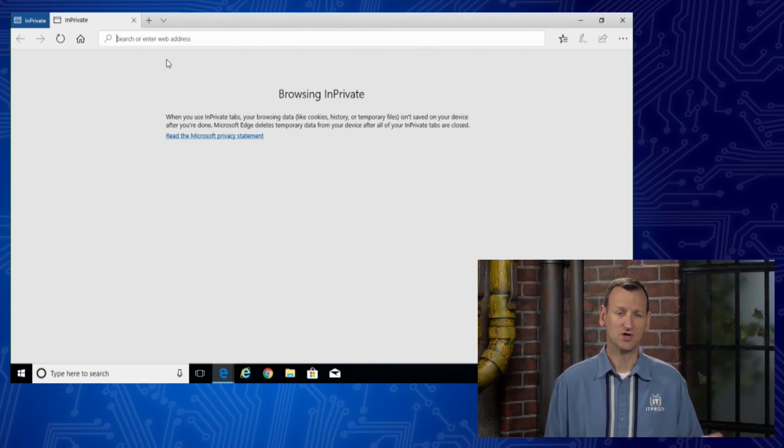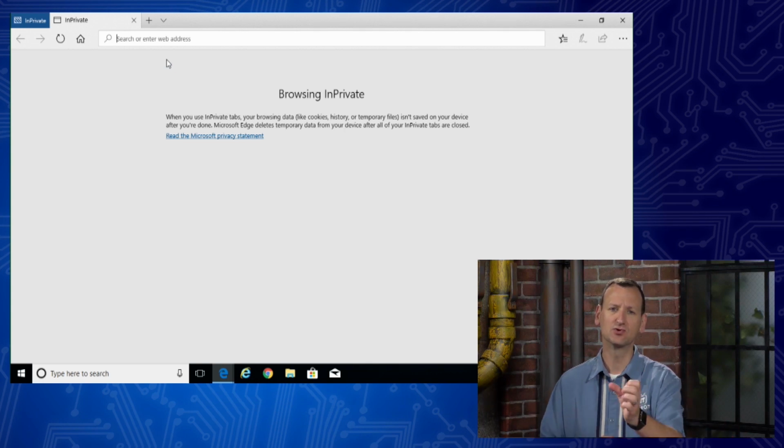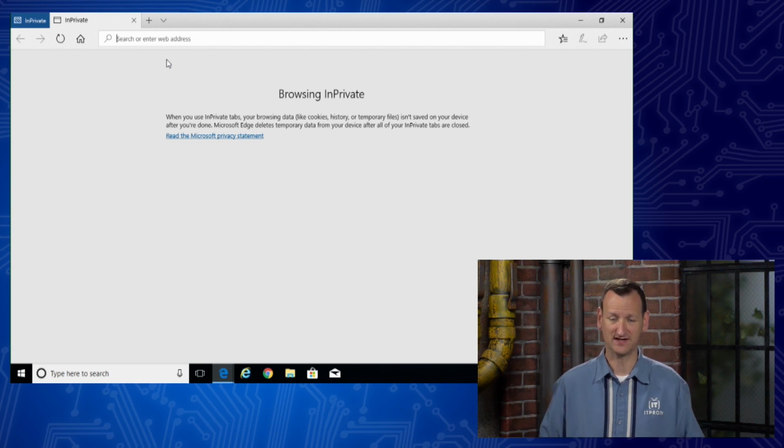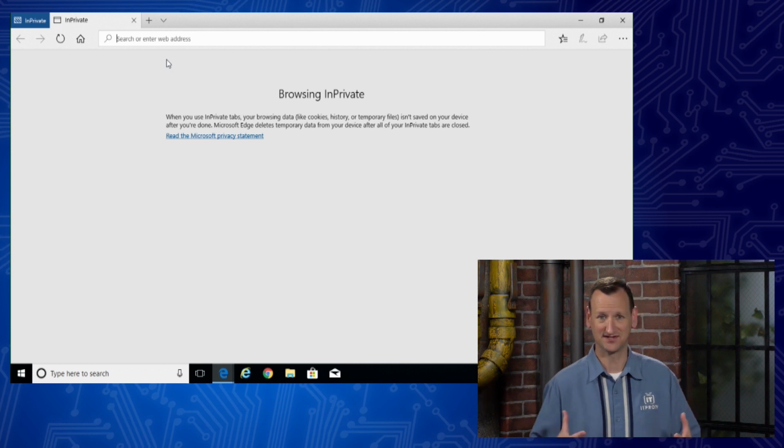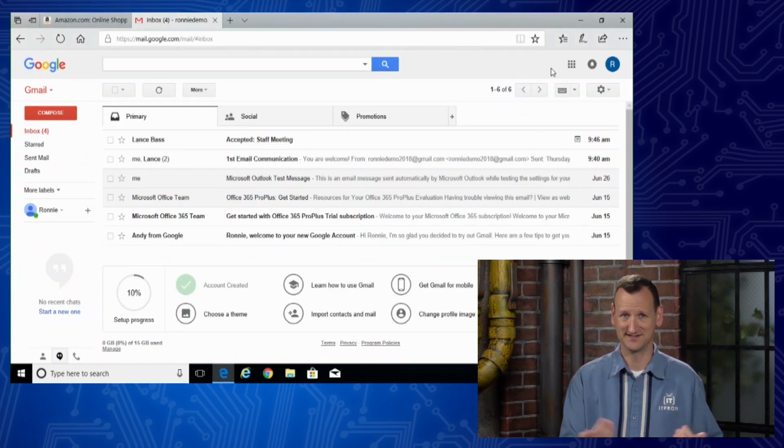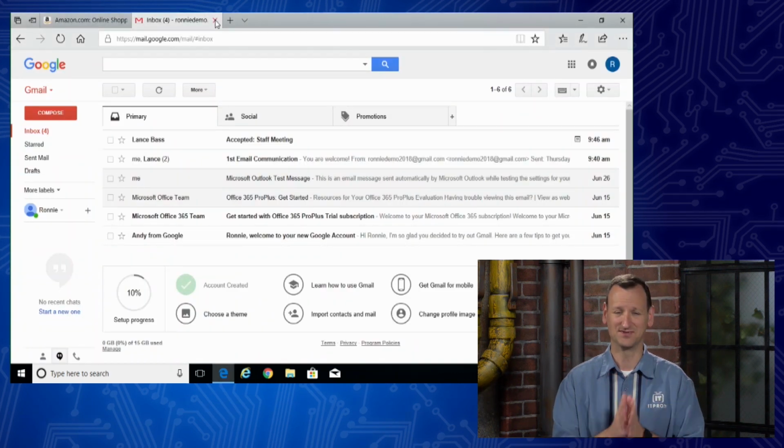And that's a really good point, is all those things that get cached in a normal browser, they're getting cached here too. The only difference is that when you close this window, it's automatically purging that cache. It's getting rid of the files. So it's not making you invisible. You're not all of a sudden going to become some secret agent and nobody will know what you're doing. When you browse the internet, it's inherently non-secure. So you're able to be detected. But it makes sure that you don't leave a whole lot of stuff behind on a computer.